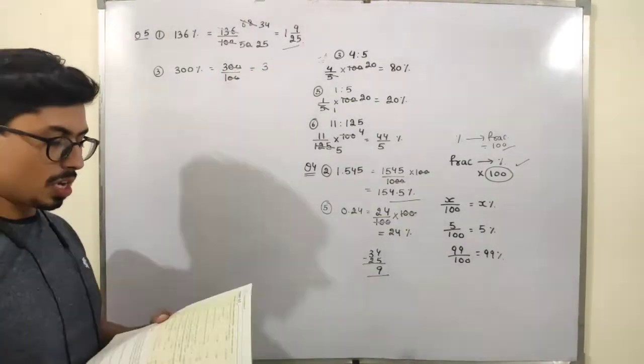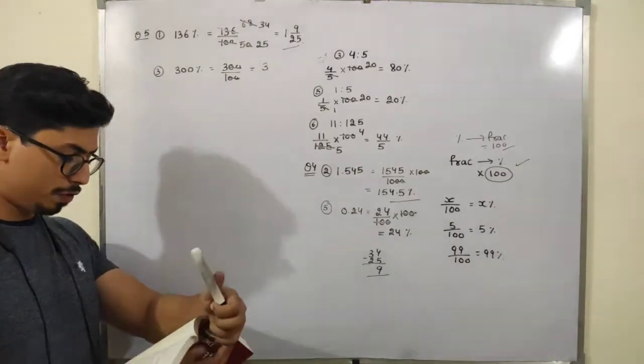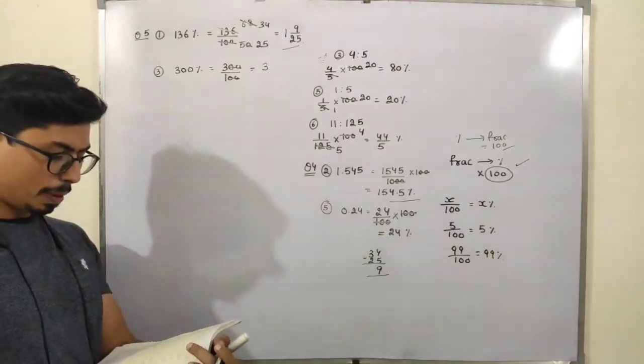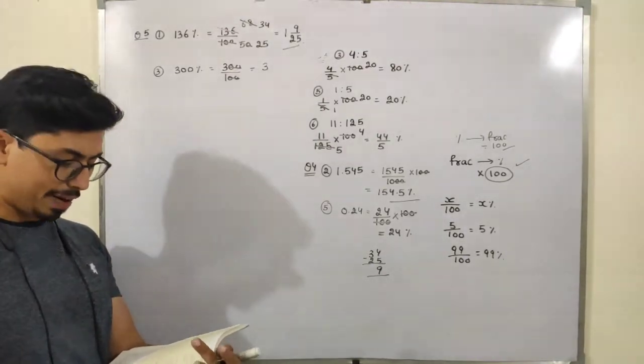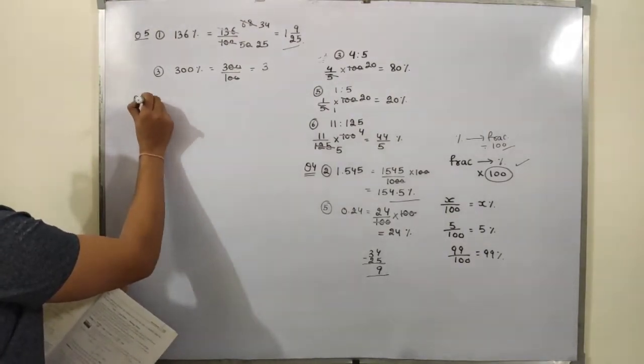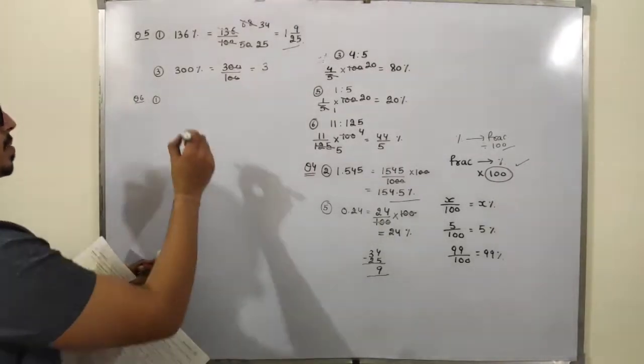Okay students. Now if we just take question number 6, if all of you just see in your books, in question number 6, express the percentage in the simplest form. I have to give the answer in the simplest form. Like if I take part number first of the students, it is 28%.